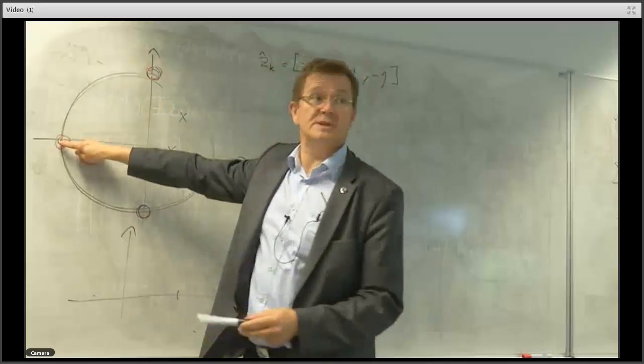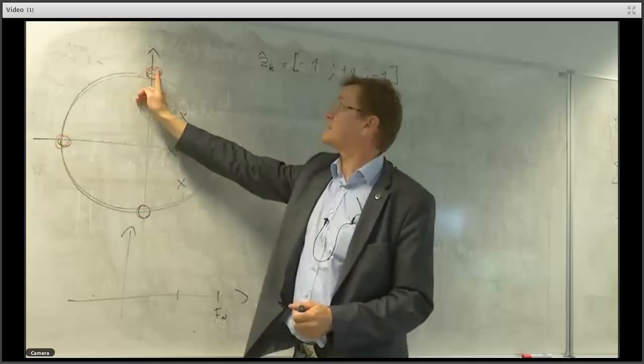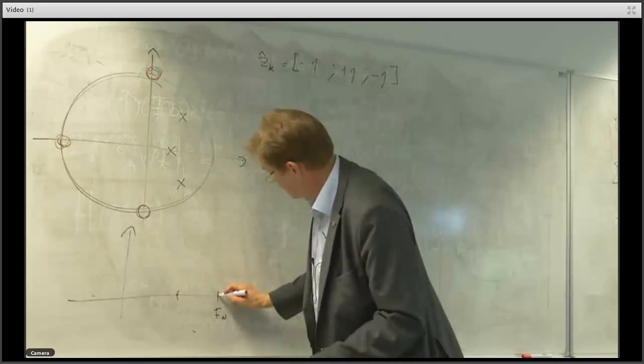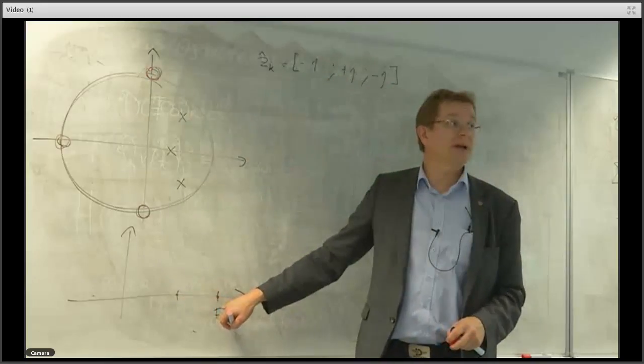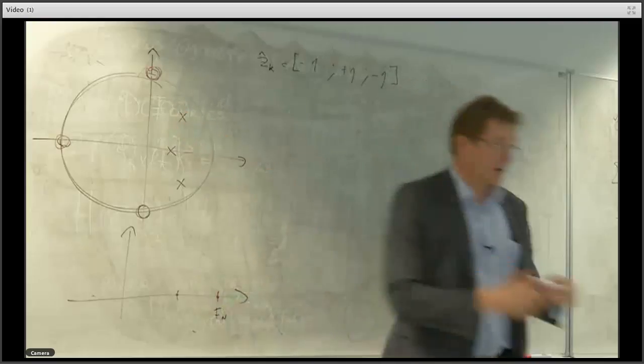That's pi, which is the same as the Nyquist frequency. That's half of it. So this system would define those 2 points on the amplitude response. Then we have the